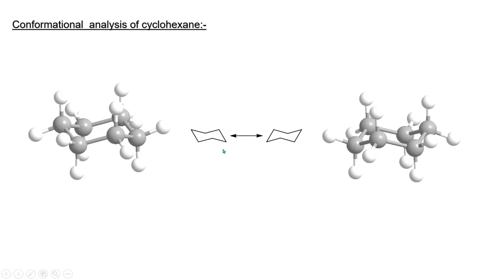Why? Because of this rapid ring flipping process, NMR is not able to see which is the equatorial proton and which is the axial proton. Now if you record this spectrum at a lower temperature, like minus 100 degrees centigrade, then you will get two signals: one signal for the equatorial protons and another for the axial protons. So this is the conformational analysis for cyclohexane. You can clearly see two signals at low temperature and only one signal at room temperature.